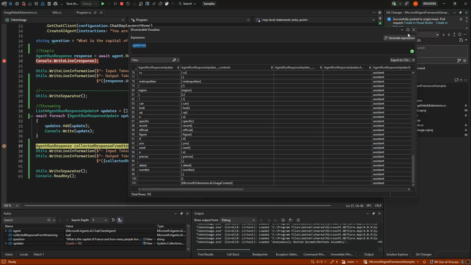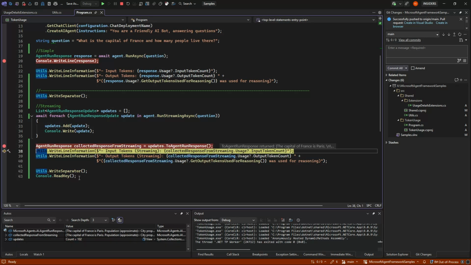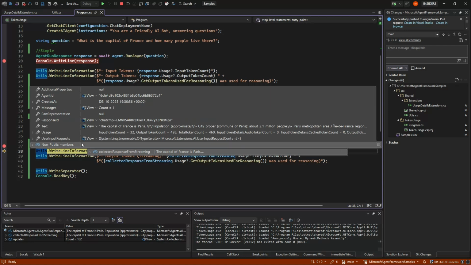And what this little method essentially does is take all this and turn it into one of the ones we have up here, so it's easier for us to work with. So they just concatenate a lot of stuff, and we get something back that actually has a usage and everything.